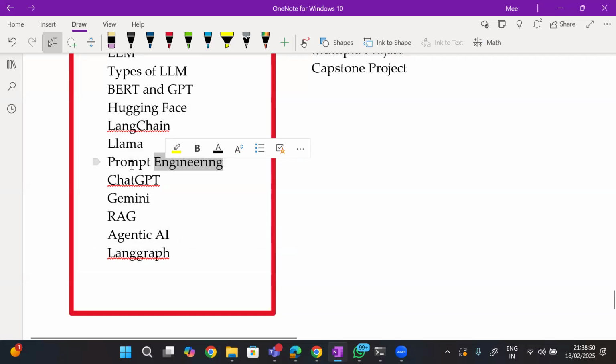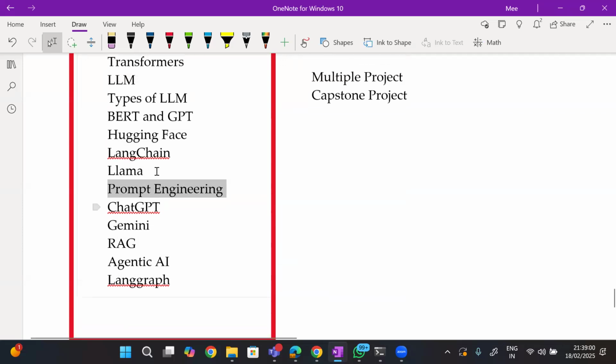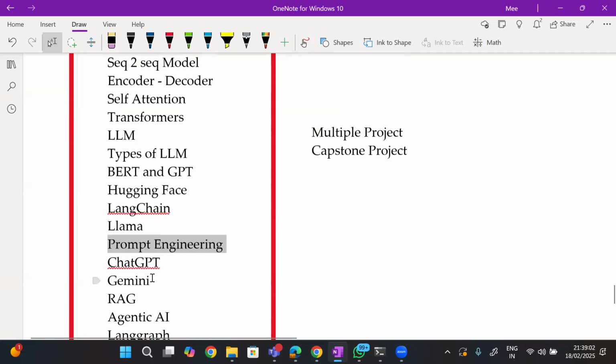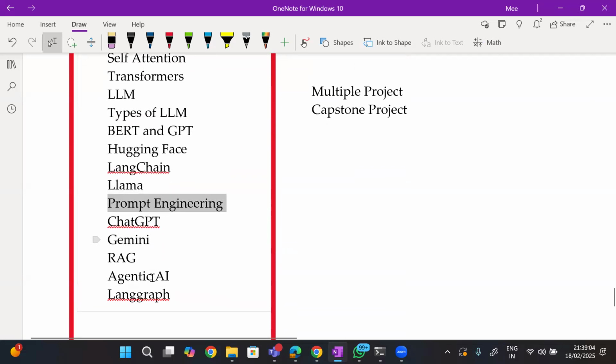And there are jobs available only for prompt engineering, creating effective prompts. So this is just a part of our generative AI. So you can understand the intensity of this course.